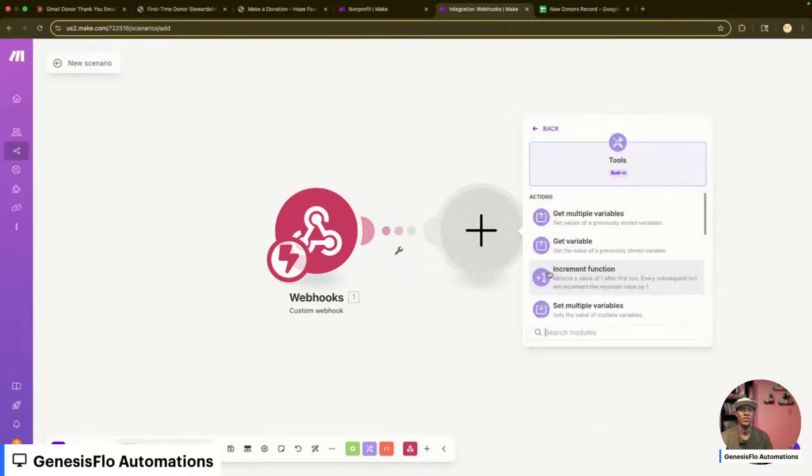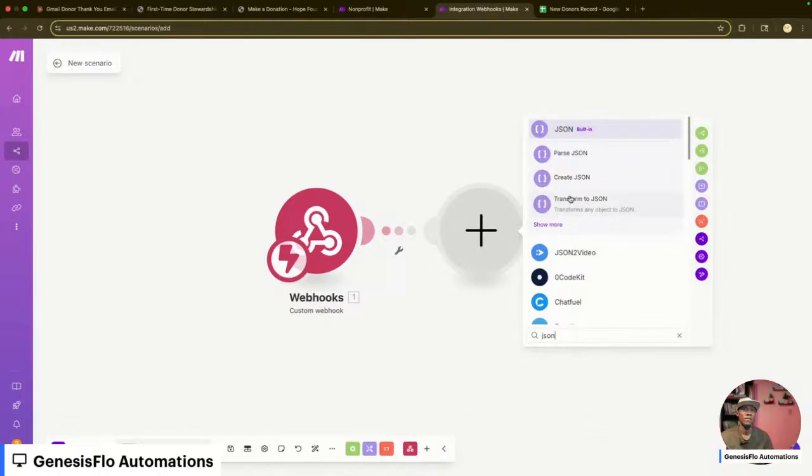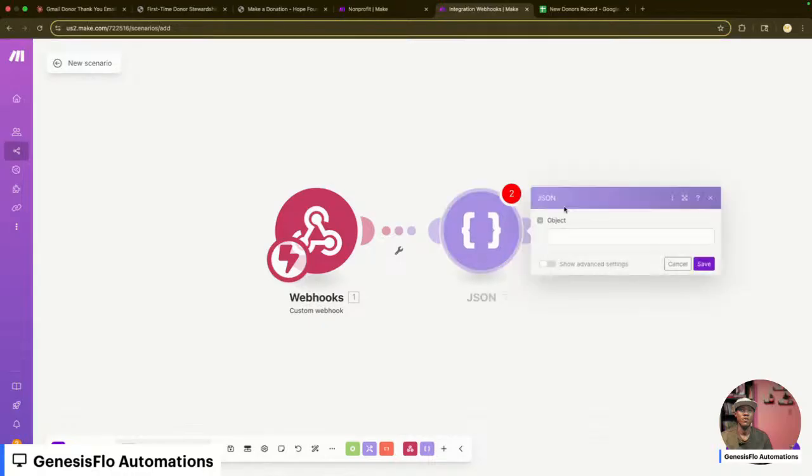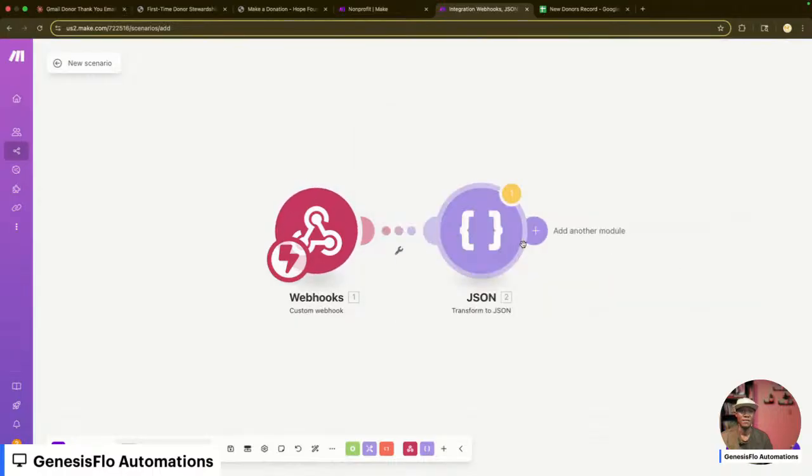So we go to tools, not tools, but we want to look for JSON. And the module that we want is transform to JSON. The object that we want is going to be the address, which we don't have for this one.